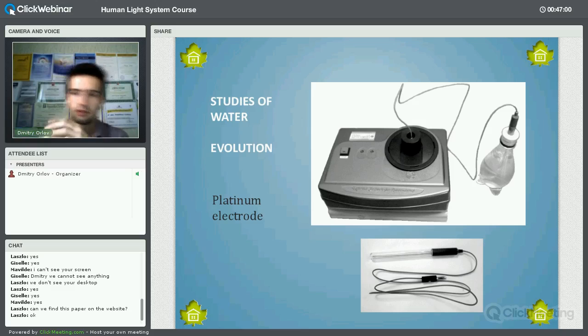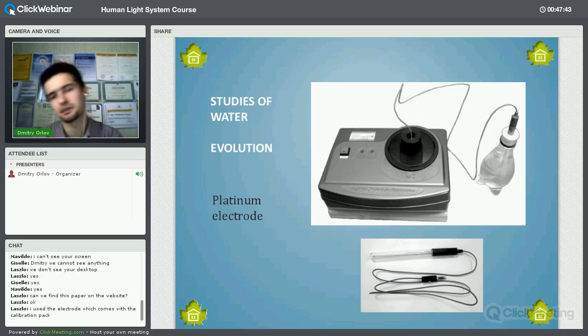So we decided not to put the water drop above the electrode. We decided to put a metal cylinder, connect it to the water electrode and put it into the bottle. Well, it appeared that this method is much more reproducible, because the operator is not influencing the results, but the minus was that it is less sensitive. So that's c'est la vie, that's life. We couldn't do anything, but this method is much more reproducible but less sensitive. That method is much more sensitive, but